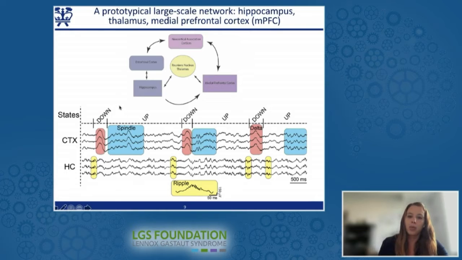Importantly, with our approach, we use in vivo electrophysiology, and this allows us to investigate and map large-scale networks. The network that I'm going to speak most about today is the hippocampal cortical network, but these same techniques can be applied to multiple different networks. Here, as an example, I'm going to speak to the interaction between the hippocampus and the medial prefrontal cortex, or the MPFC. And that's because, as you can see here, the hippocampus communicates directly to the medial prefrontal cortex, and it also has indirect connections through the thalamus, and there are many recurrent and associative feedback loops that connect